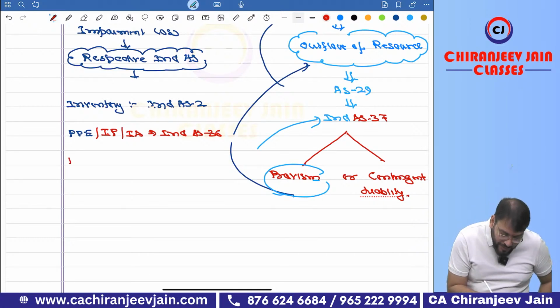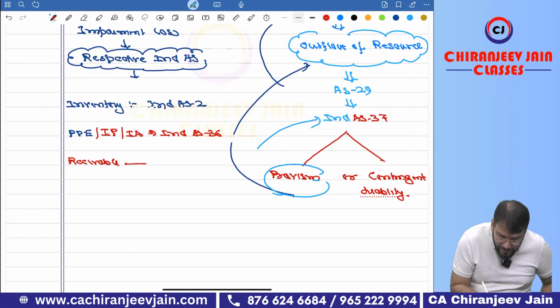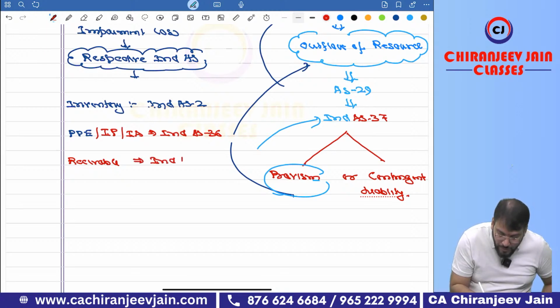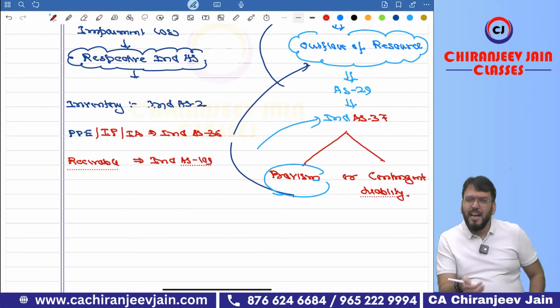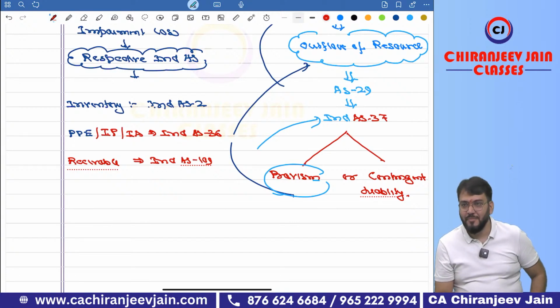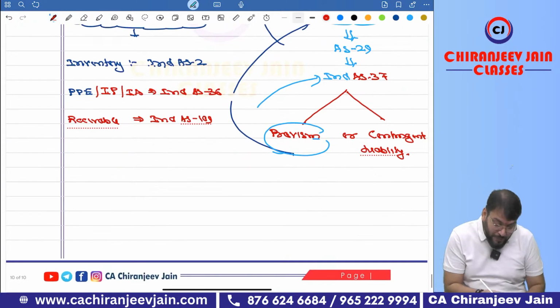Then for receivable, means what? Debtor or any other receivable. We have Ind AS 109 coming soon. Ind AS 109 coming soon, etc. etc. etc. I am not writing everything. But one thing you have understood, that for receivable,